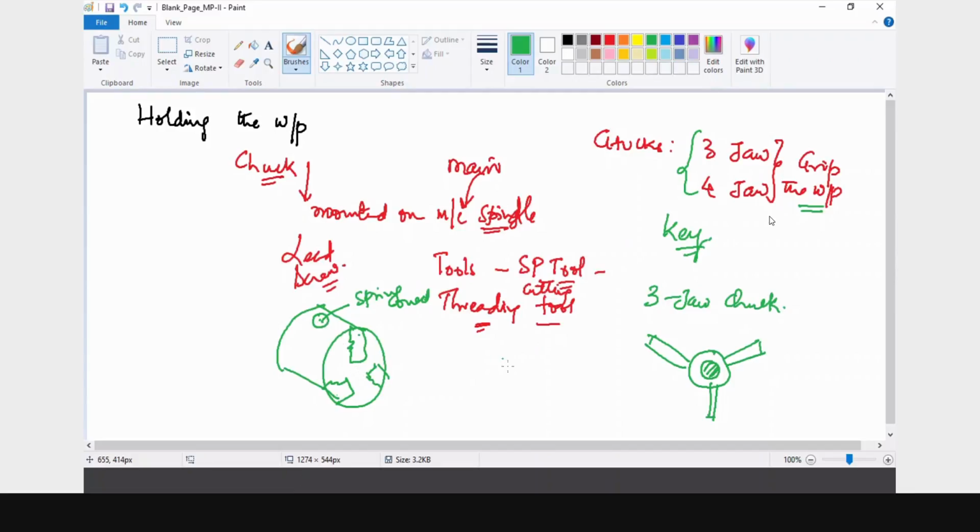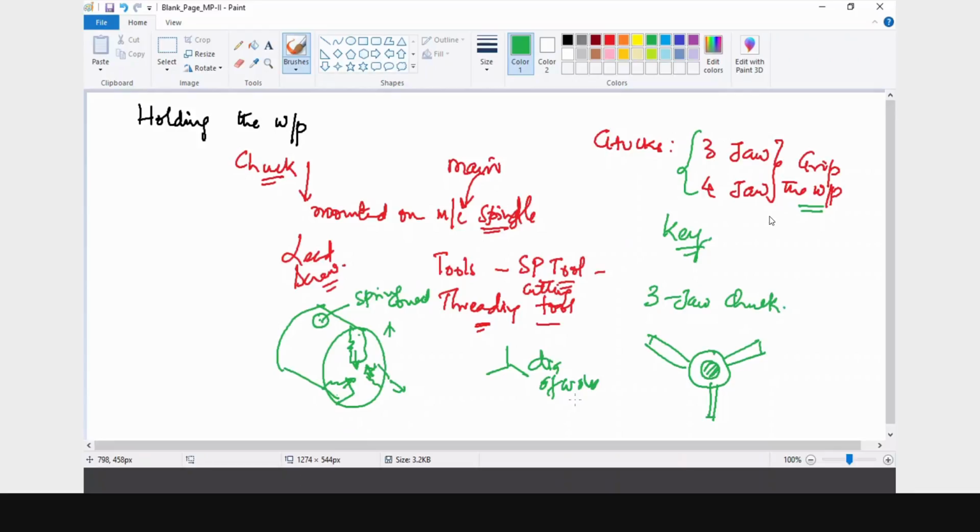If I try to tighten, this will move in this direction, this will move, this will move, and these all move equally. So that means they are all connected together actually. If I try to loosen it, these will be moving outwards according to the diameter of the workpiece.